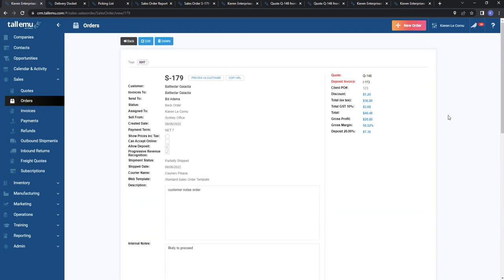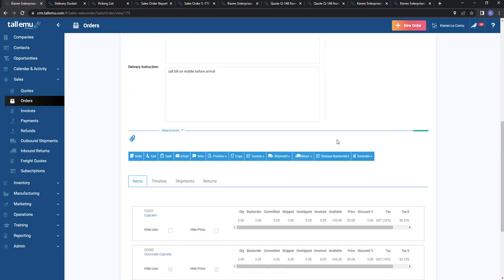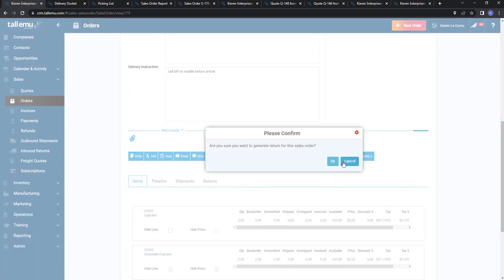What we'll now look at is what happens if a customer wants to return goods or we need to put a credit note into the system. So down here, I can come over to returns and generate a return. So the system will ask me,